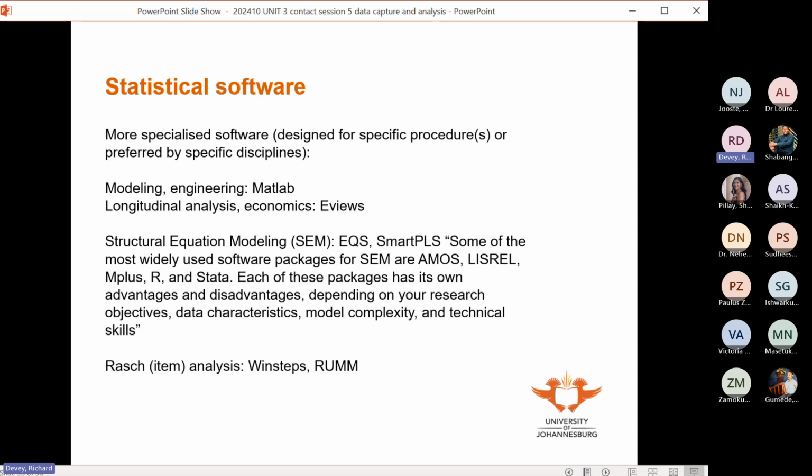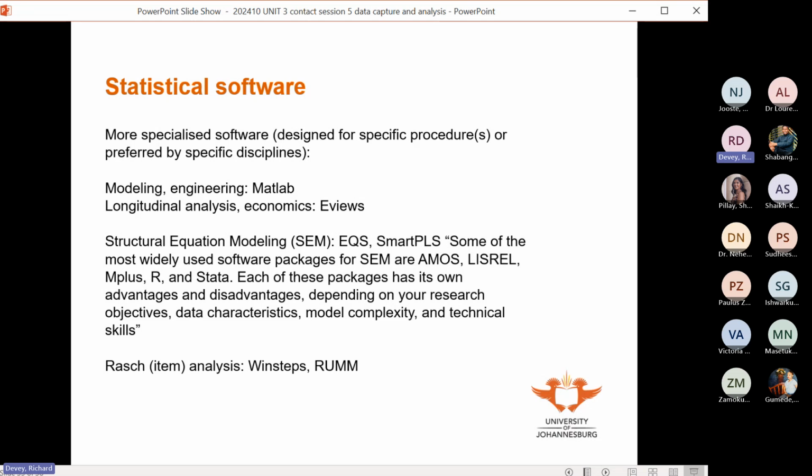So, for example, MATLAB is a modeling software application, and it's used a lot by the engineering community. eViews is a program which is used a lot by the economists. One of the reasons why is it's good to use for something like longitudinal analysis or time